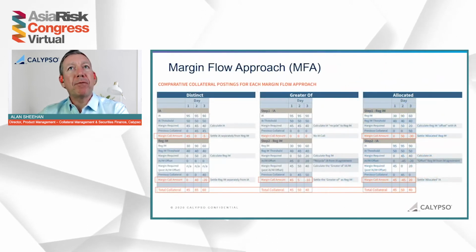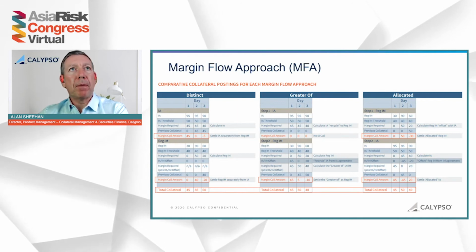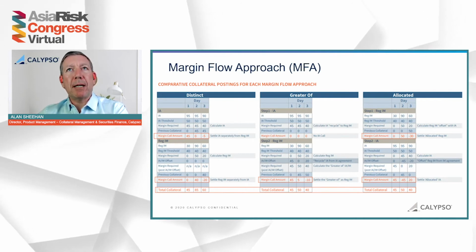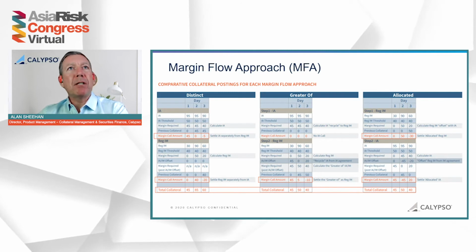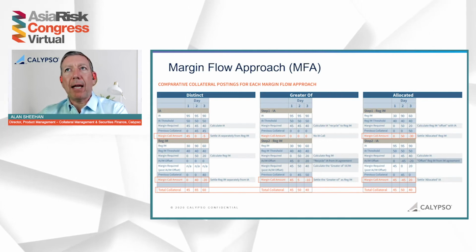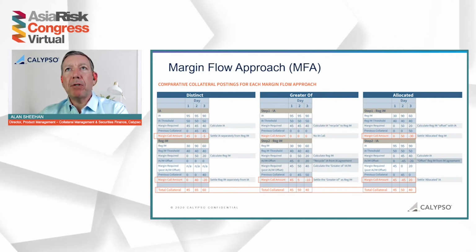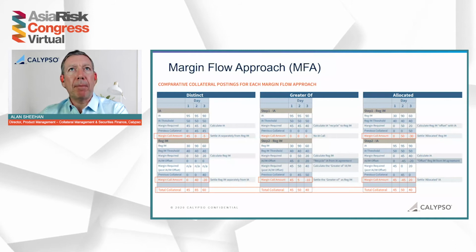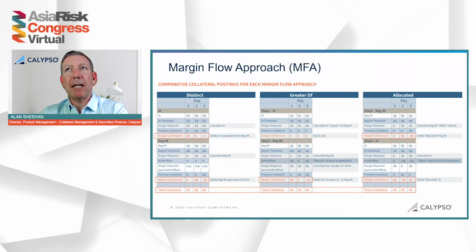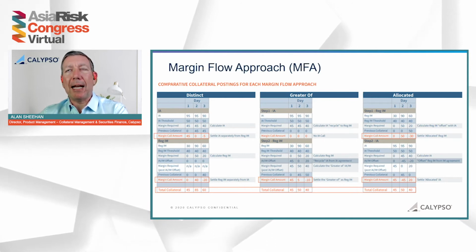This diagram, which is from that white paper, shows the different impacts of the different options. What you'll see is that the distinct model on the left means that you continue to move your IA and also calculate and move your Reg IM completely separately. But this is the most expensive solution for the posting party. The extra collateral requirement coming from the distinct model means that more firms will want to use the allocated or